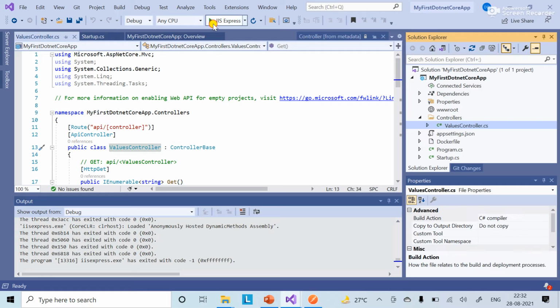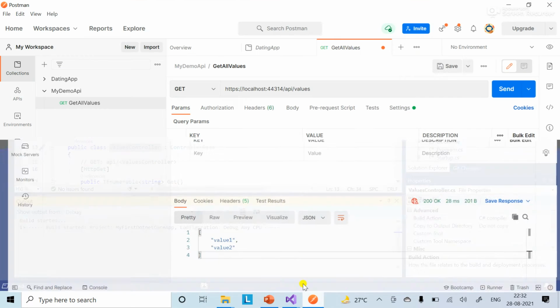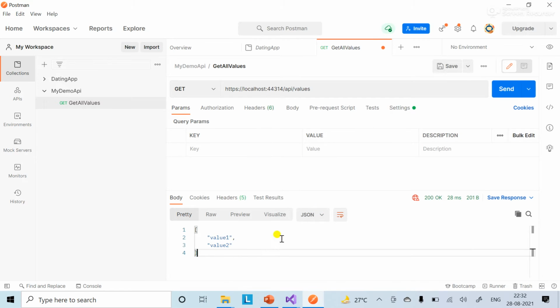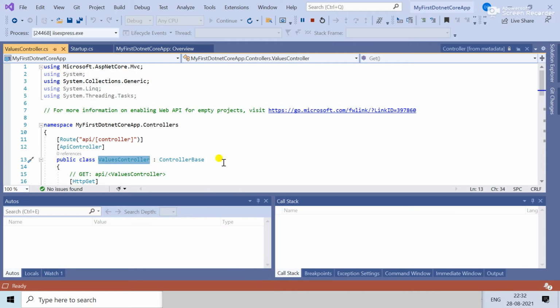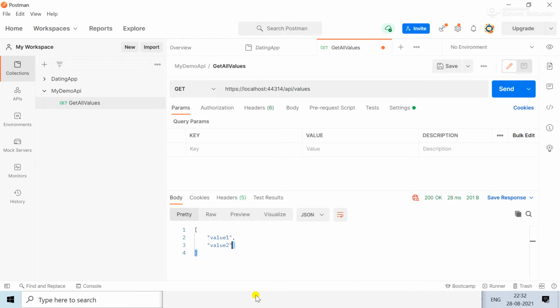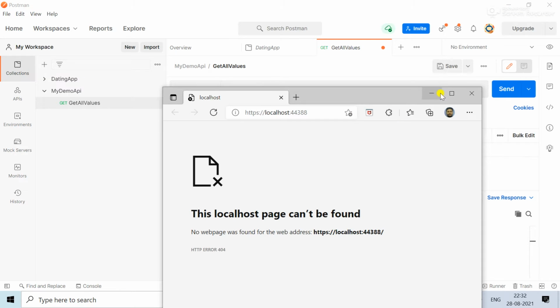Okay, that's all. Let me delete this Home controller for the time being, and definitely we can run it and test it in Postman also. Let it run. Okay, it's running.